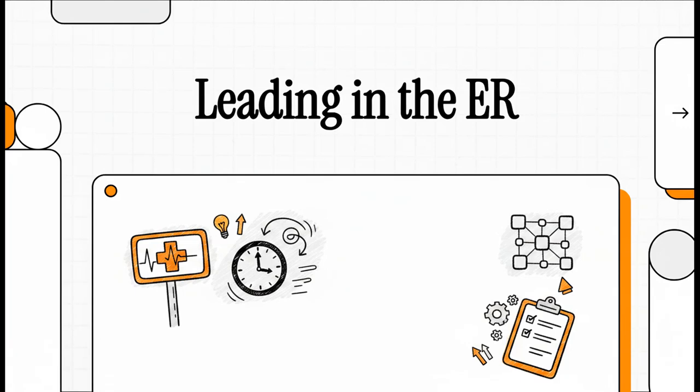All right, future leaders of the emergency department, you picked a field that's all about high stakes and even higher pressure. But here's the thing. The biggest challenge isn't always just treating the patients. It's managing the entire chaotic environment. So let's dive into the framework that's going to help you lead with confidence, even when it feels like everything